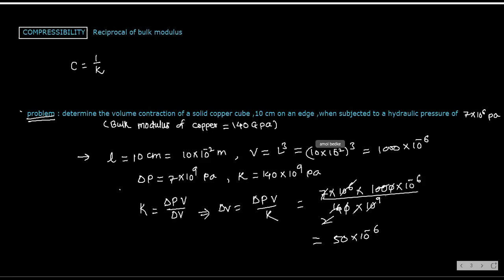And now this is 15 into 10 to the power 6. So how much is left? Here it will be again 3. This 6 will get cancelled with this. So 3 is left, and this 3 is going up, so this is into 10 to the power minus 3. So this is 50 into 10 to the power minus 9. That is equal to 5 into 10 to the power minus 8. This is the delta V value, not K. Delta V we are finding. So this is your delta V value.